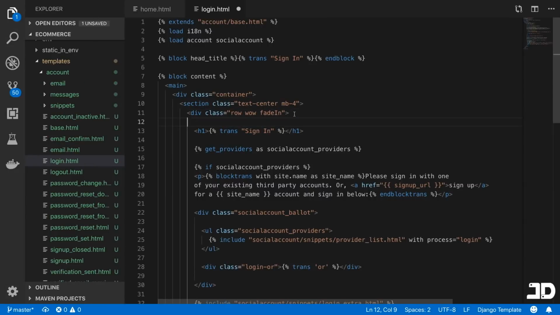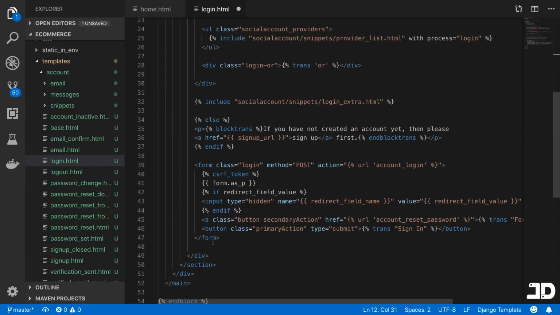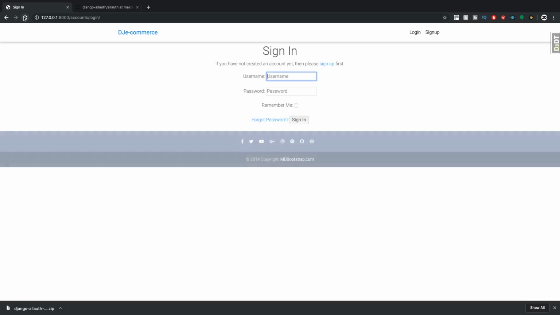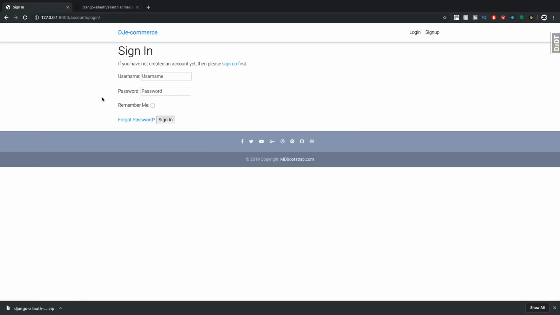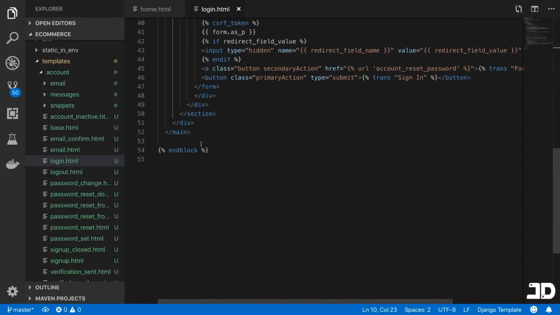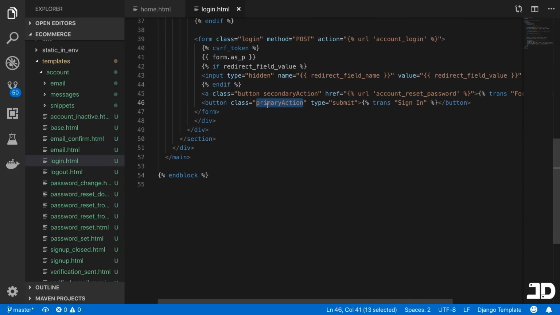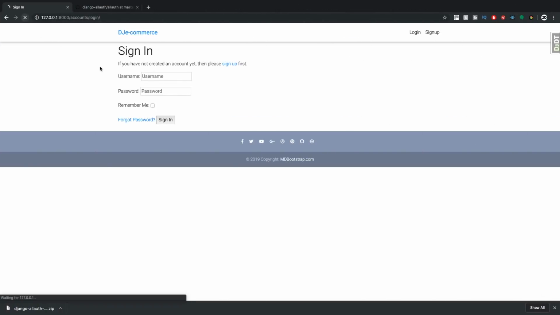And okay, let's come back in here and we'll add a div with a class of column 12 and then down here. Okay, there we go. And I'm going to remove the text center. And I think we'd probably like to make use of Django crispy forms, but until we install that, let's just change the class for this submit or sign in button to button primary. And then this I'll say is button default for the forgot password. So if we refresh that,